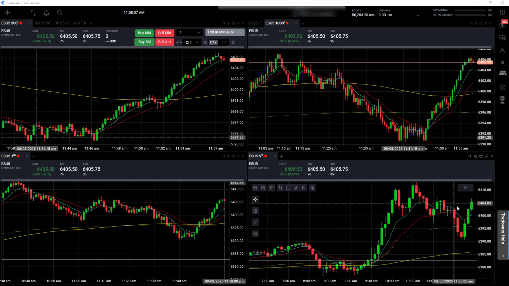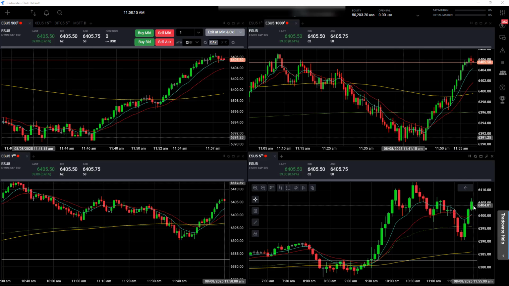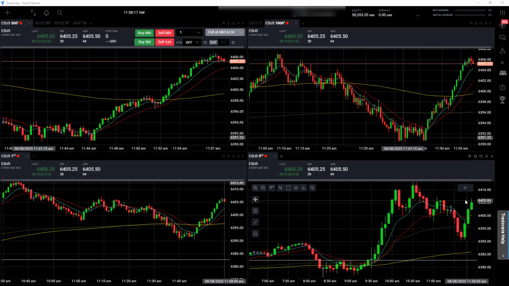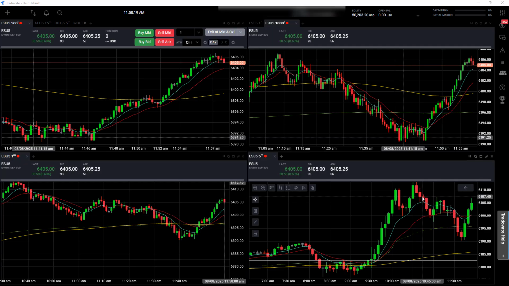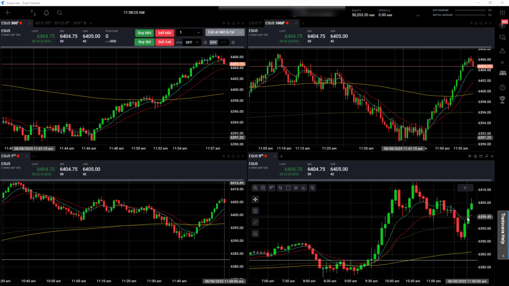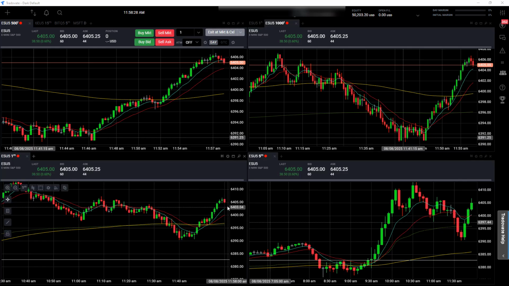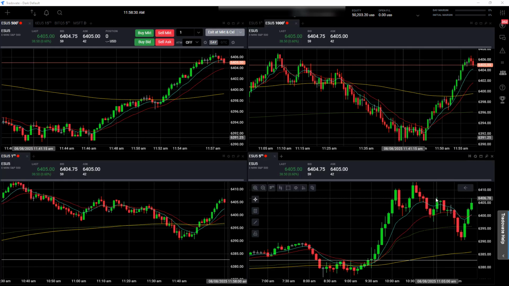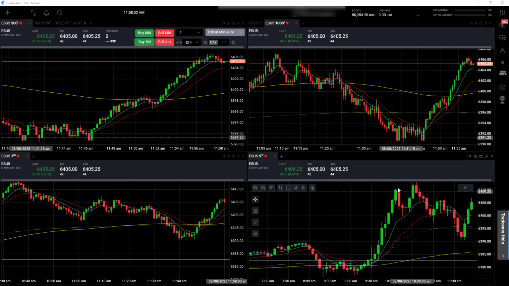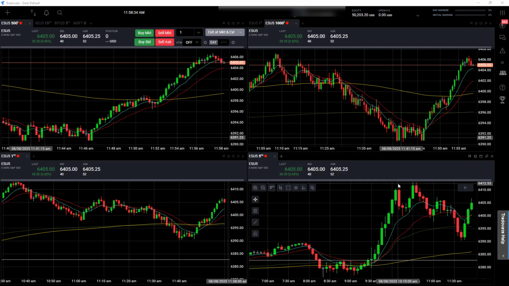So price kind of broke out of this angular resistance right over in here. So now I want to watch this 5-minute candle, see if it holds at 64.05, and then if it can break above 64.05, I want to see that 64.07 area right here. If it can get over here, hold, get some separation on this 9 and 20 EMA, get a pullback, and continue up. I want to see it get above this area, 64.07, and then I'll look at 64.10